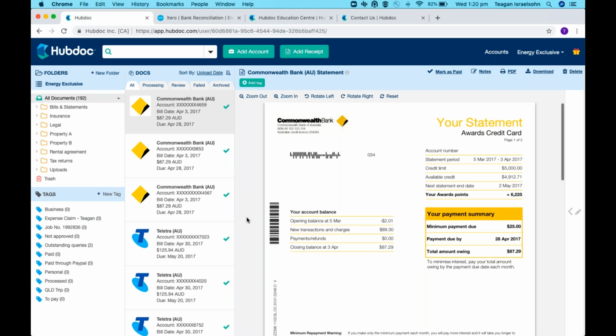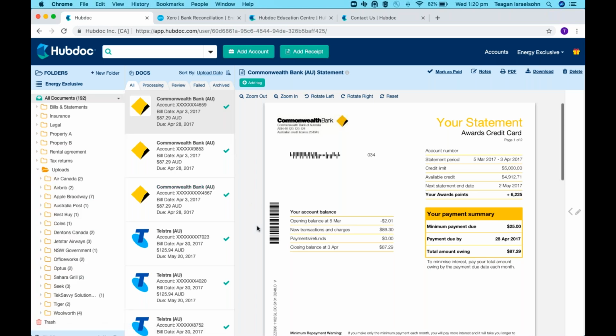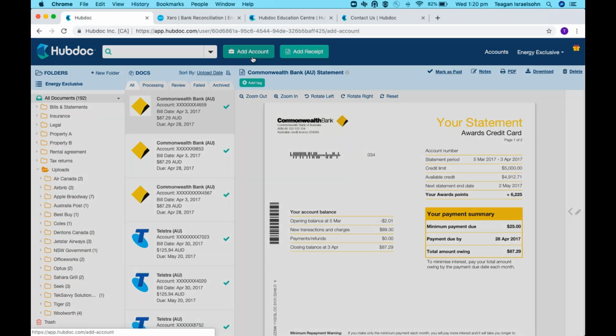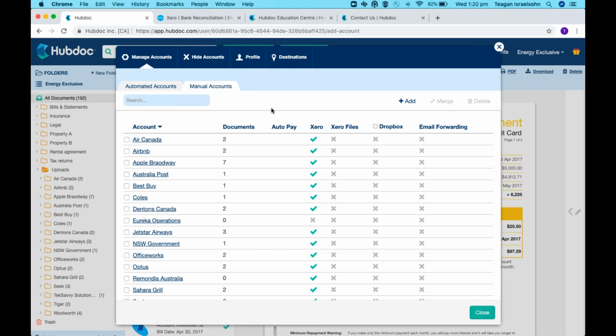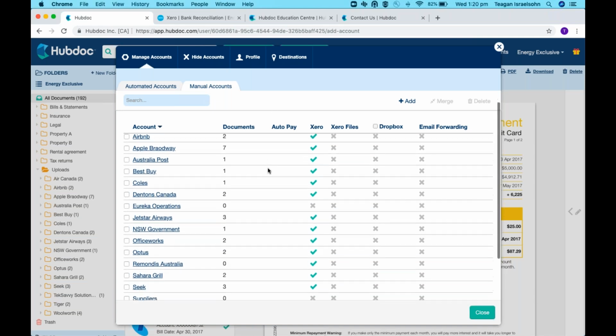Sure. So when we upload documents manually, as you can imagine, HubDoc might extract similar vendor names, but just slightly differently. For example, if you're on the road and you're getting petrol, you might have Caltex in different area codes. What you can do is actually merge these accounts by hitting the Add Account button and Manual Accounts. What we'll be able to do here is merge folders